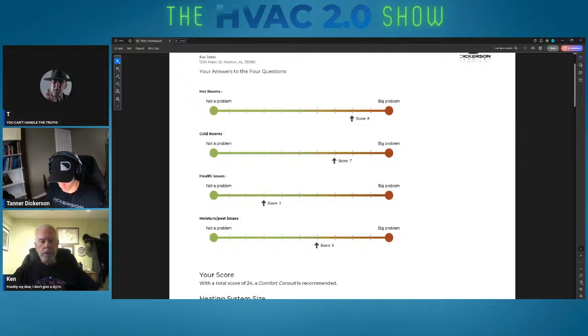And what is the criteria for a blower door? Are there questions that... So with this comfort quiz, I think comfort consult is recommended at 18. Okay. Pain score of 18. Like this one would be a blower right here where it says your score with a total score of 24. A comfort consult is recommended. Yes. I'm at the point where it really feels to me like